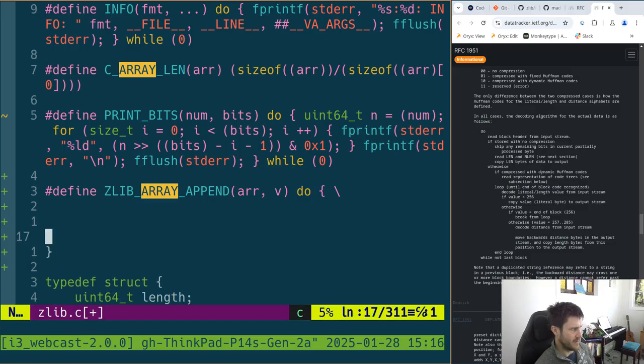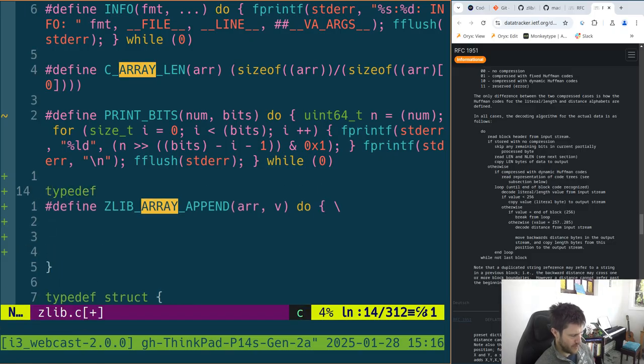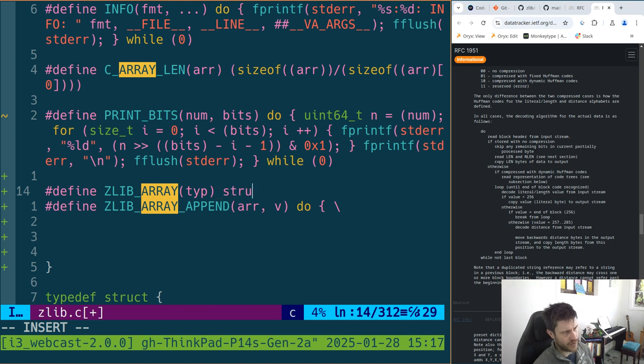And it kind of relies on, we need a define zlib array, and we can give it a type, and this is just going to return a structure with